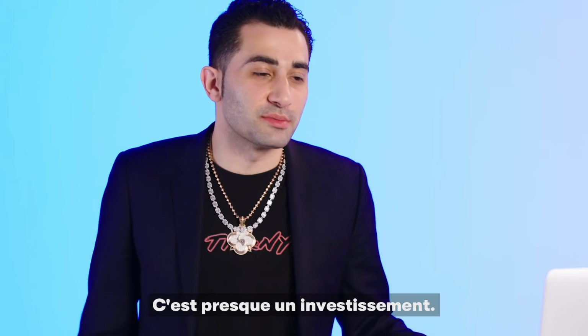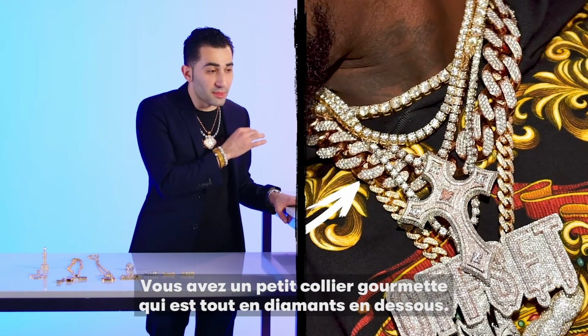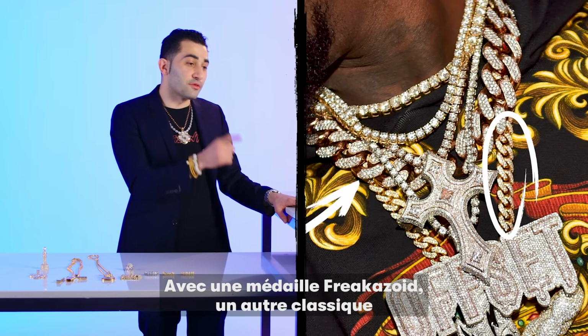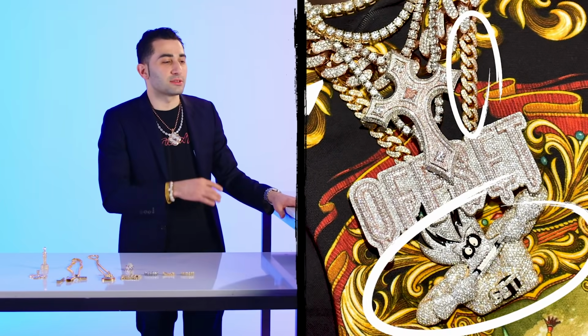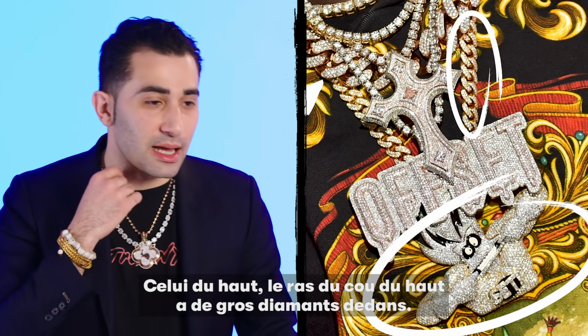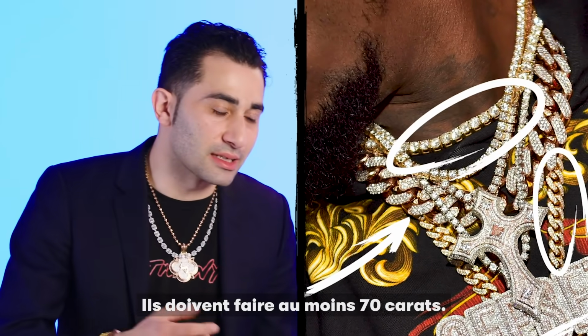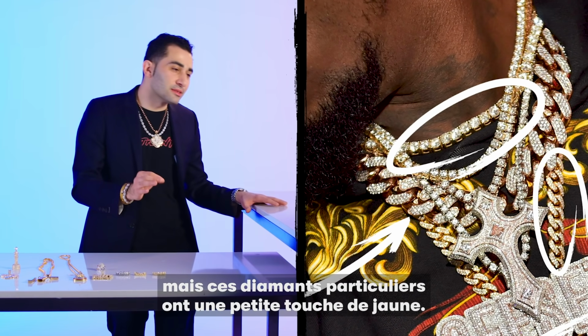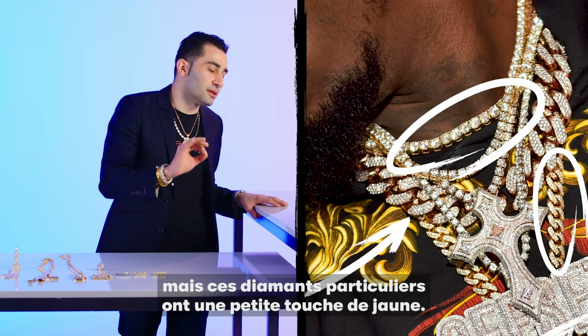It's really almost an investment piece. You got another little mini Miami that's iced out under. That's also very nice. That's holding up that Freakazoid piece, which is another classic that turned a lot of heads. That top one, that top choker's got big diamonds in it. They look like at least 70 pointers. He bought them, I'm sure, at the right price, but those particular diamonds have a little hint of yellow on